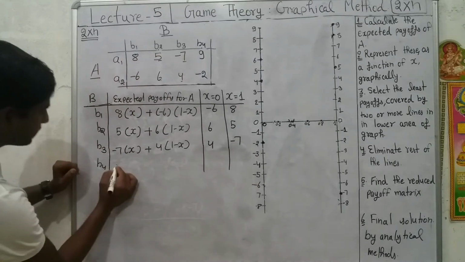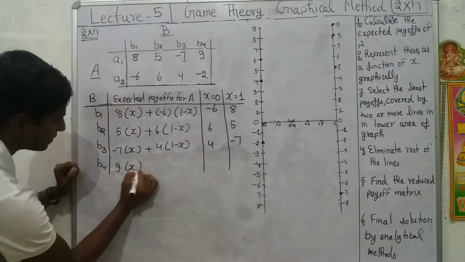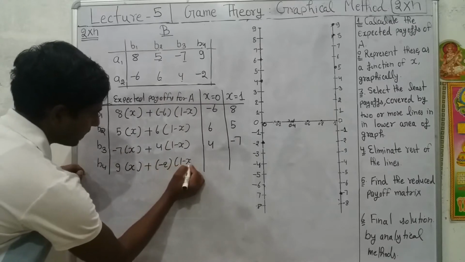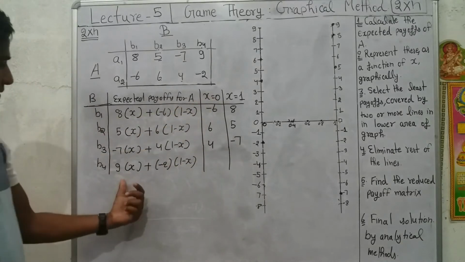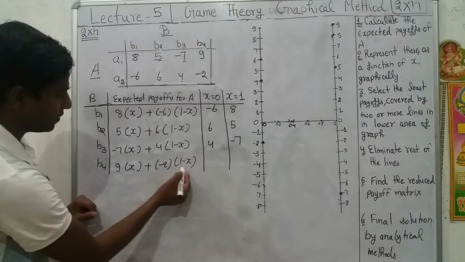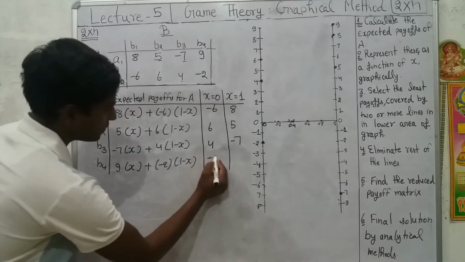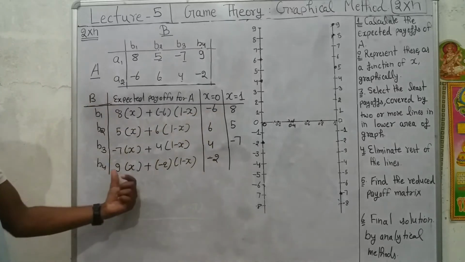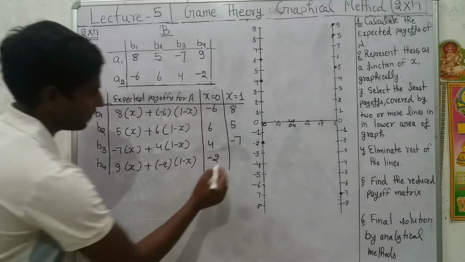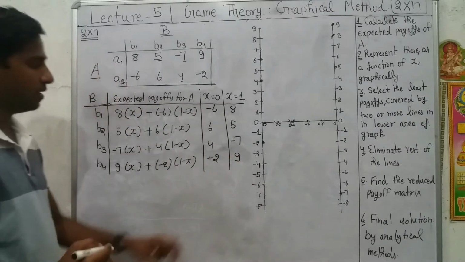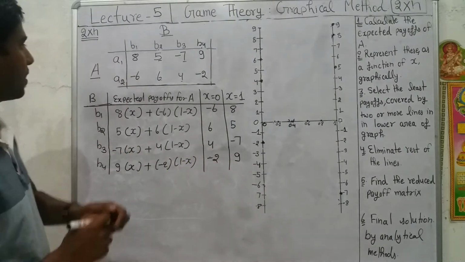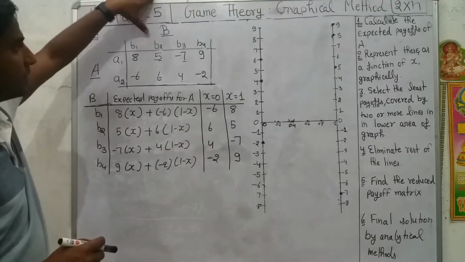A1 is equal to 9, so 9 into x plus minus 2 into 1 minus x. If x is equal to 0, then the value of this payoff would be 9 into 0, 0, minus 2 into 1, so minus 2. If x is equal to 1, 9 into 1, 9, 1 minus 1, 0, minus 2 into 0, 0. So the value would be equal to plus 9. So in this way we calculated the expected payoffs for company A in response of the various strategies